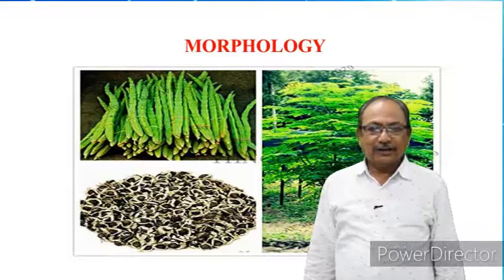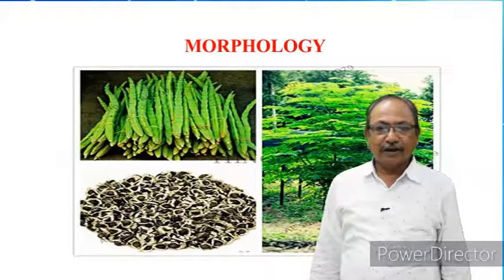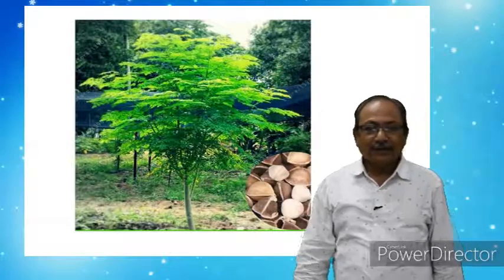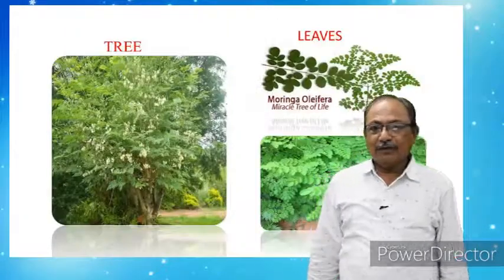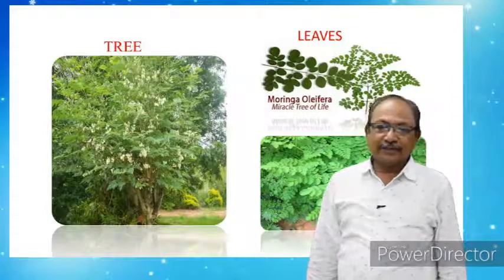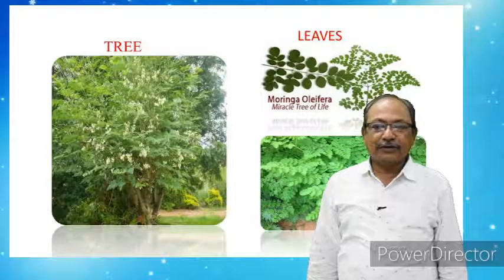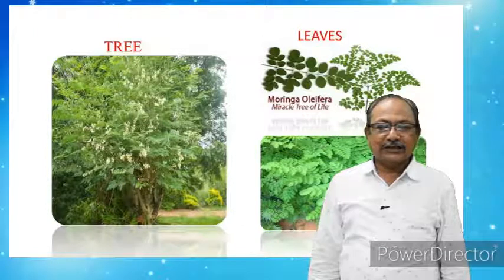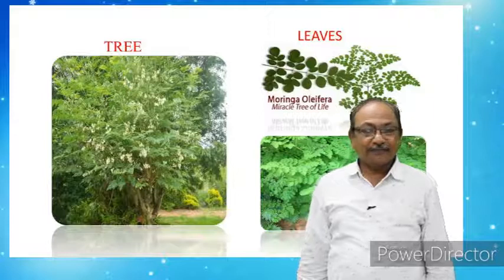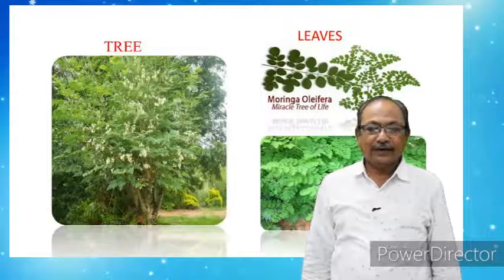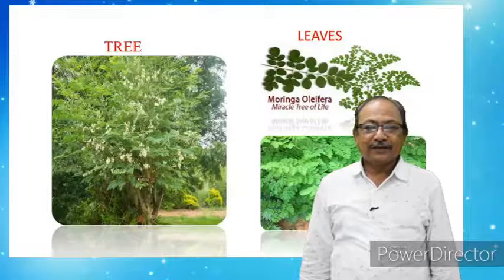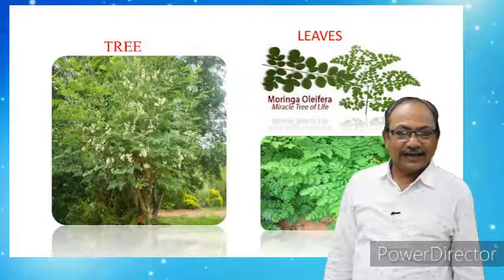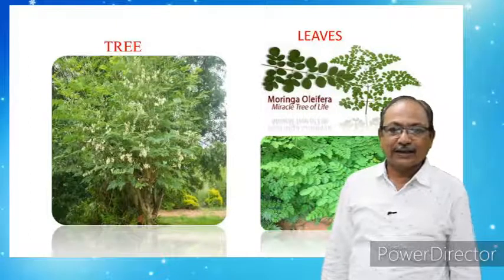Moringa is a small to medium evergreen or deciduous tree. This is the habit of Moringa. The height is about 10 to 12 meters. It has a spreading open crown, typically umbrella shaped. The roots are deep. The bark is corky and grey. The branches are fragile and drooping with feathery foliage. The young twigs and shoots are covered in short, dense hairs, purplish or greenish white in color.